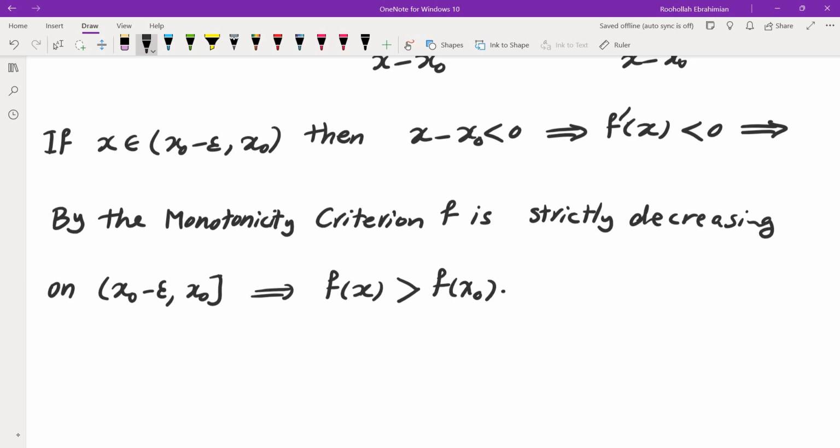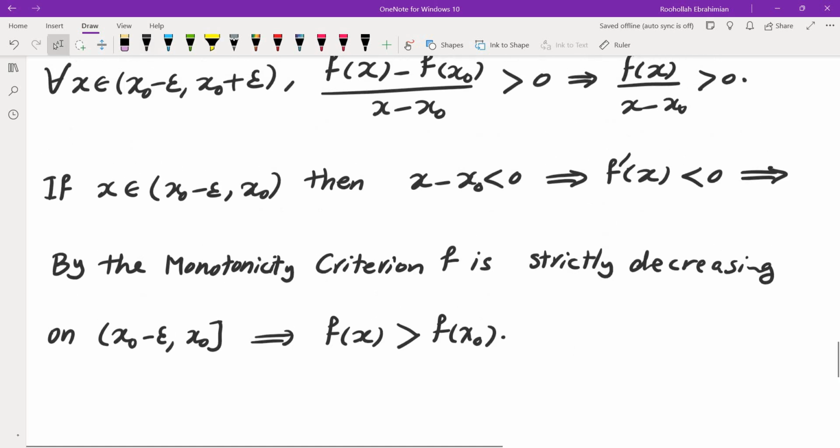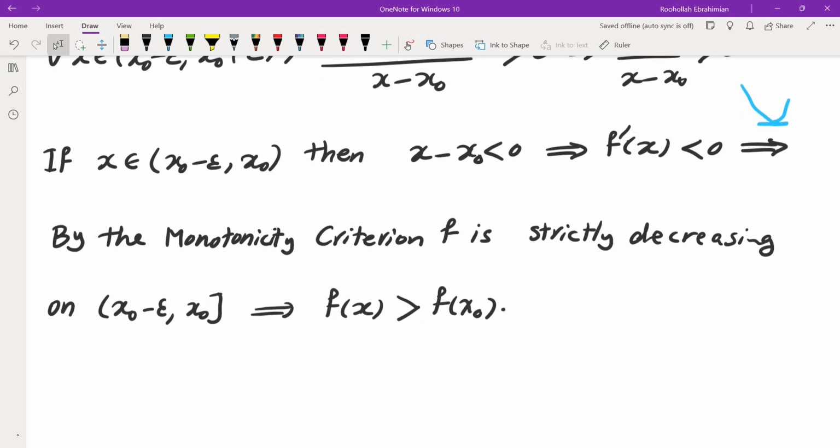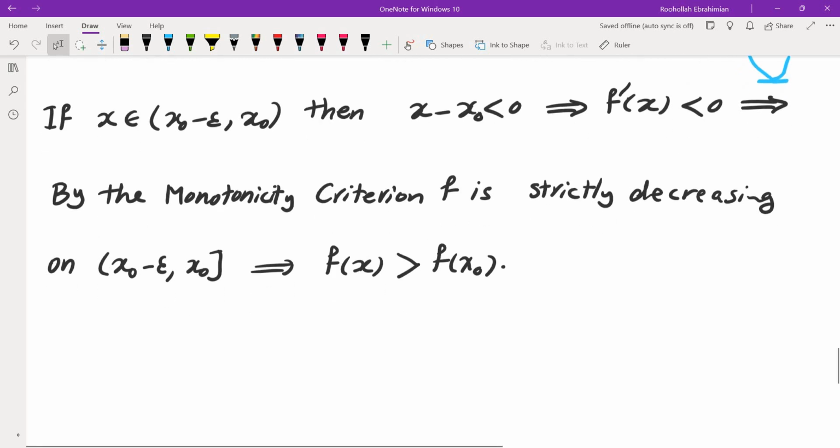So let's recap again. We deduce that the function must be decreasing to the left of x0. Therefore, the value of the function at x must be greater than the value of the function at x0. Similarly,